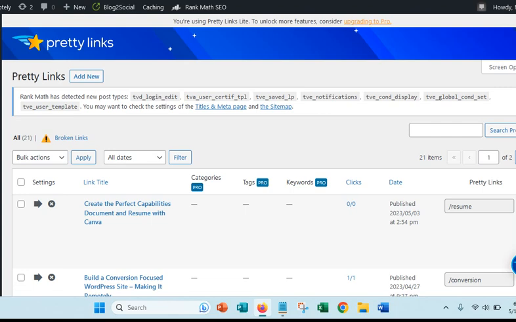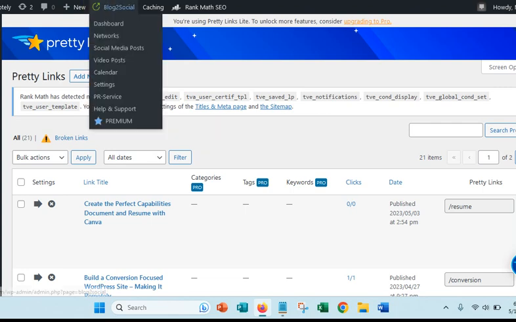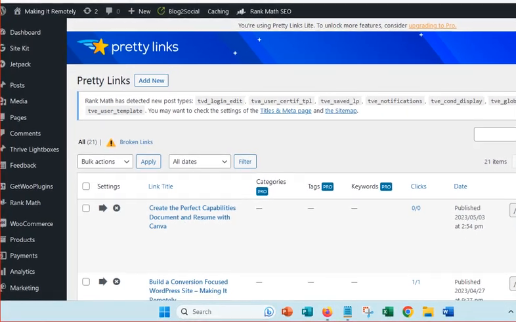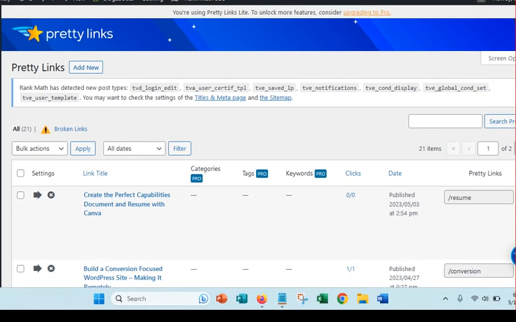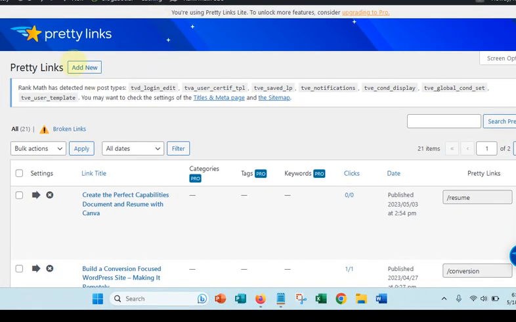If you have WordPress, you can just do a search for the Pretty Links plugin in the back end of your WordPress. So this is the back end of my WordPress, and as you can see, I have Pretty Links here. The way that I would create this link is I would go into Pretty Links and click on Add New,